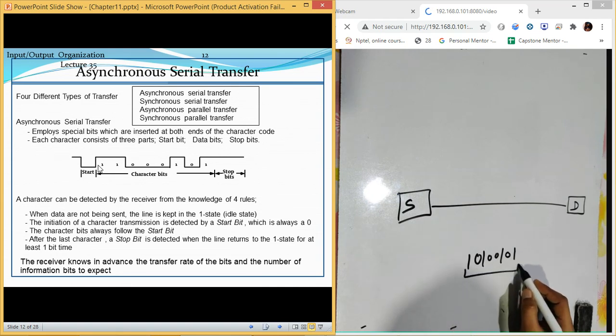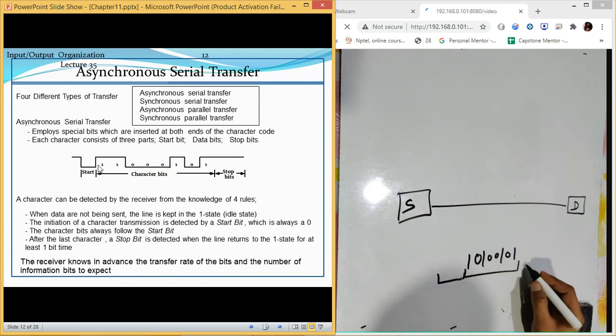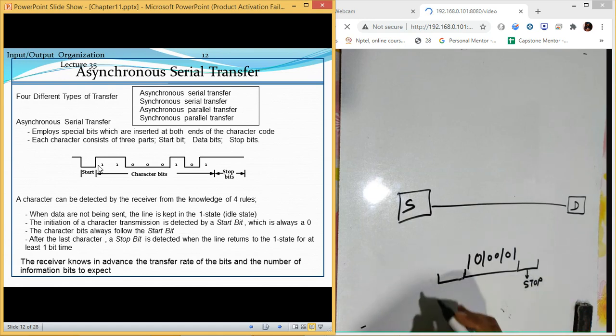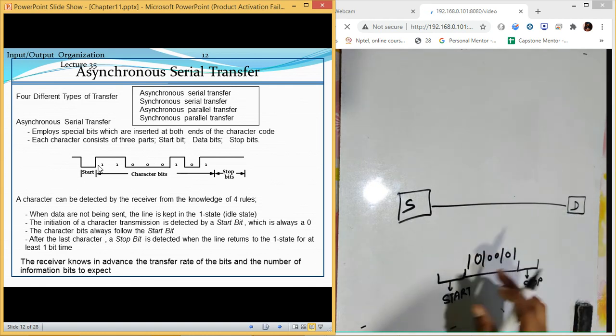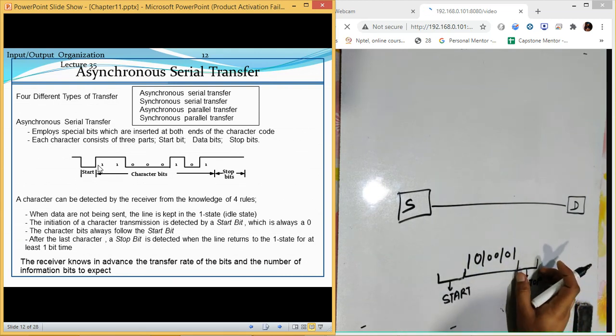Along with this data, we add some start bits at this place, and we add some stop bits. So these are the stop bits, and we have some start bits which tell our destination that from here the actual data transfer starts, and at this place the data transfer is ending.